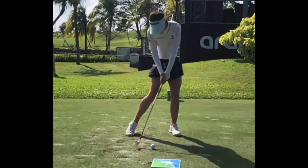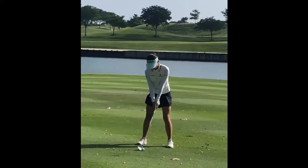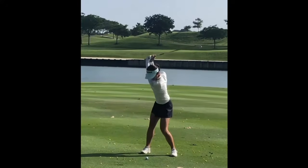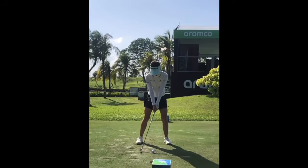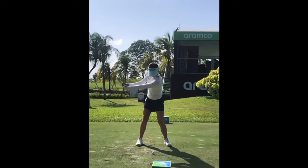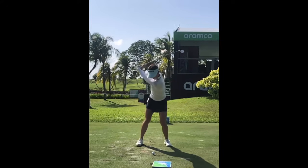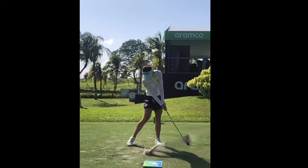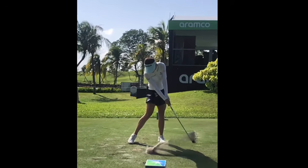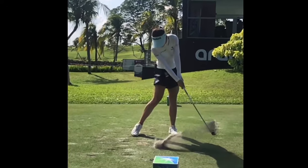This is a knockdown swing, so her weight is a little bit more forward than normal, but so much to like about that move. A lot of people have a lot of debate about the head being down at impact. Should the head come up? People like Dustin Johnson have that head actually a little bit ahead of the ball, already coming out towards the impact positioning. Lydia Ko's head stays down well after the impact positioning, which is, again, not something that works for everybody,